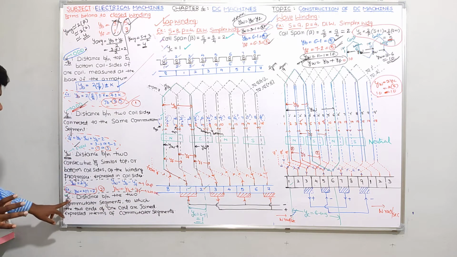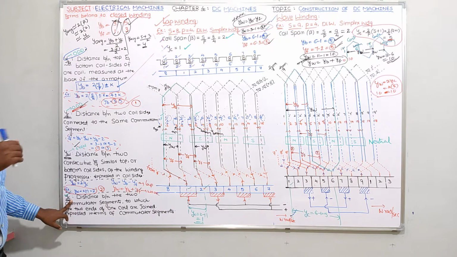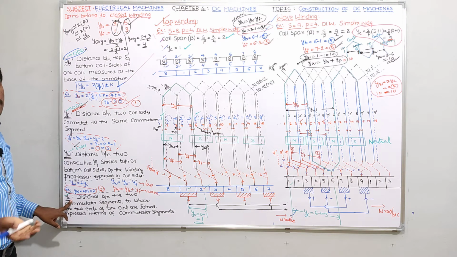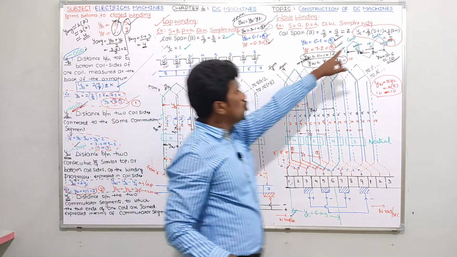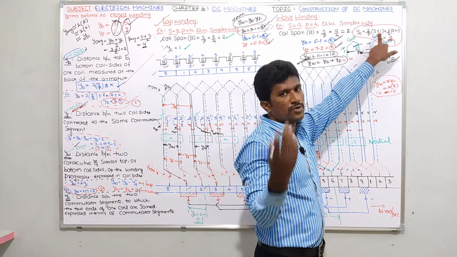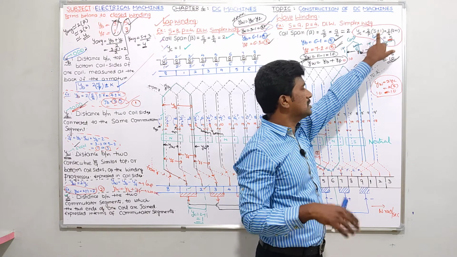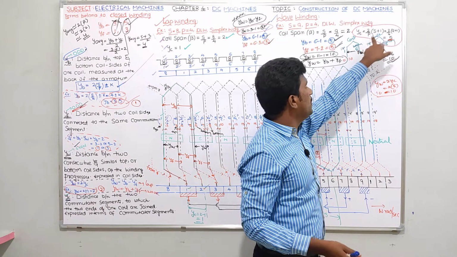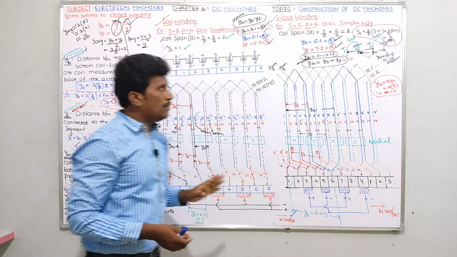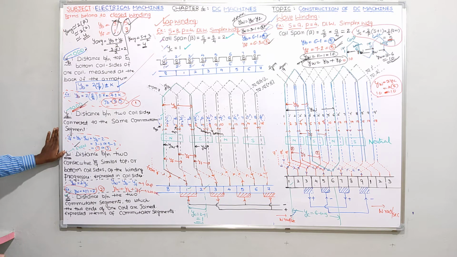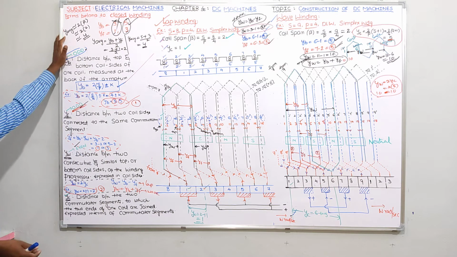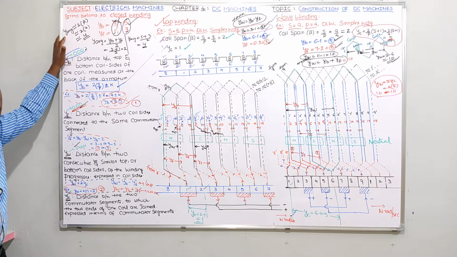Okay. Next, commutator pitch: I told you for lap winding it is plus or minus 1. Plus is for progressive winding, minus for retrogressive winding. Whereas for wave winding, I told you the formula for YC is 2 by P into S plus or minus 1, where plus is for progressive, minus for retrogressive. I have taken plus. Just assume it as a progressive winding: 2 by P into S plus 1. So that is the formula. And remember guys, YB should be an odd number, YF should be an odd number, and winding pitch should be an even number. And yes, Y average will be approximately 2 times the coil span beta.